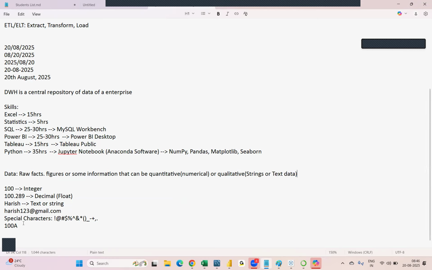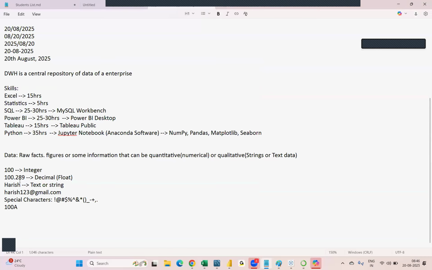So this data can be of various types, like quantitative or qualitative, based on the numbers or based on the alphabets. But this data you can again segregate into three more types, based on how you are going to store it and how you are going to get it. Again the data is of three types. The first data type is going to be unstructured data. The second one is